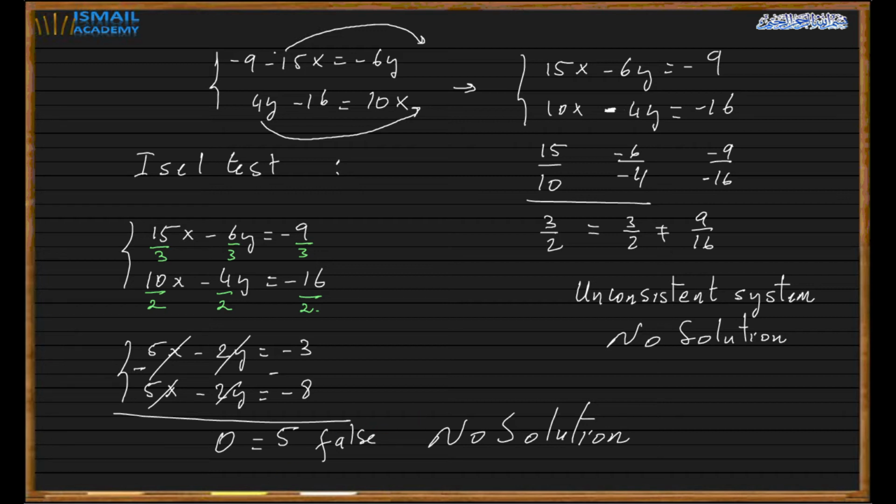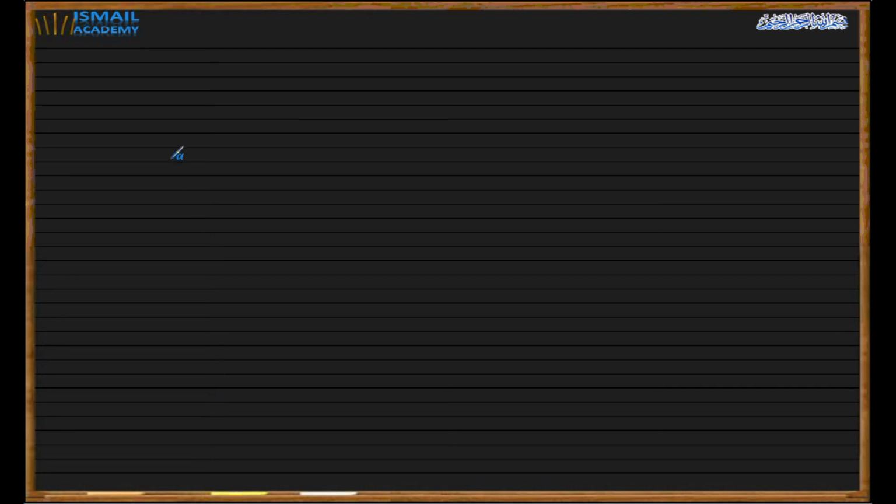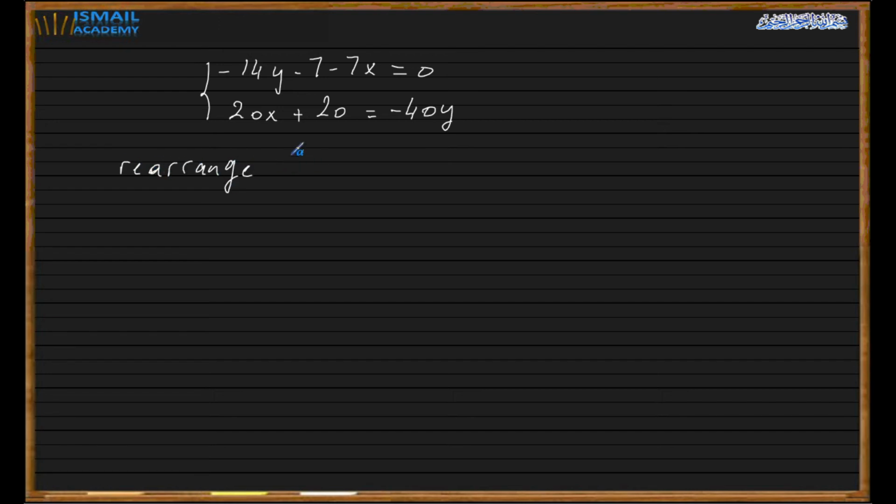So for the next one, we're going to see consistent dependent. Suppose I have minus 14y minus 7 minus 7x equals 0. And we have 20x plus 20 equals minus 40y. Again, I'm going to rearrange the system. I will move the y and the x to the other side, so their sign will change. It becomes minus 7 equals